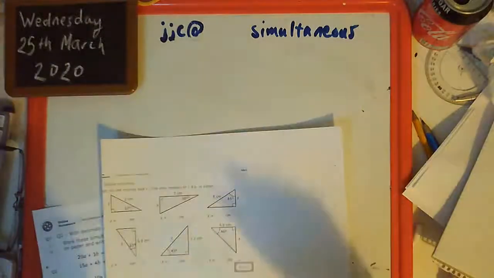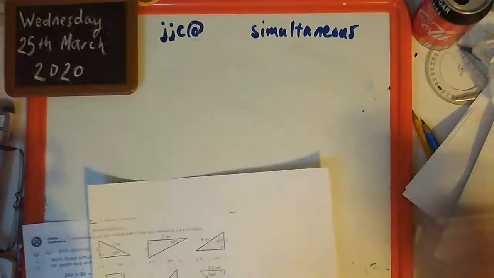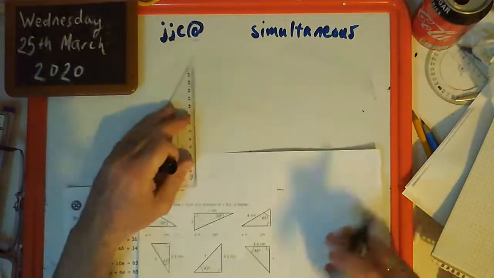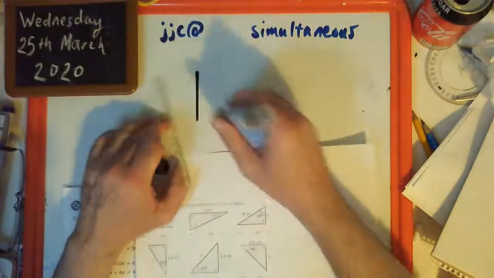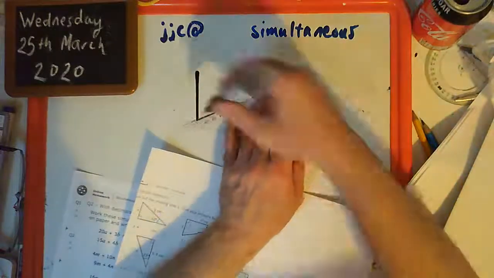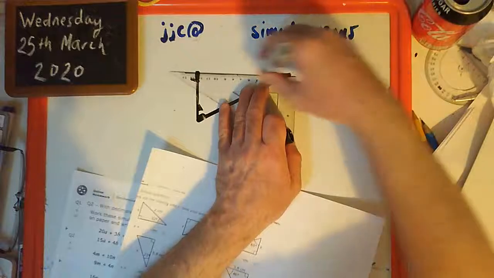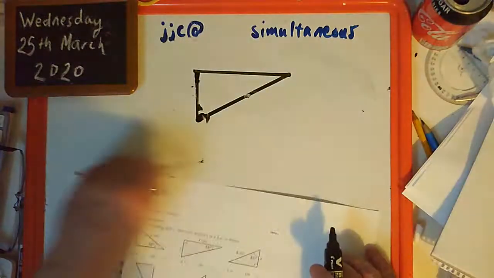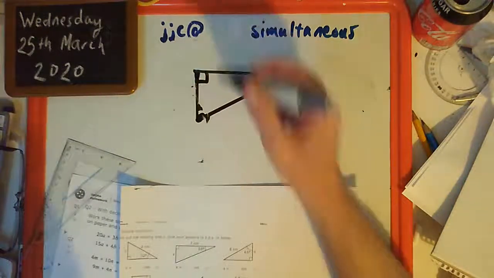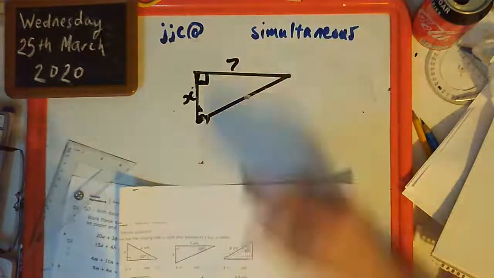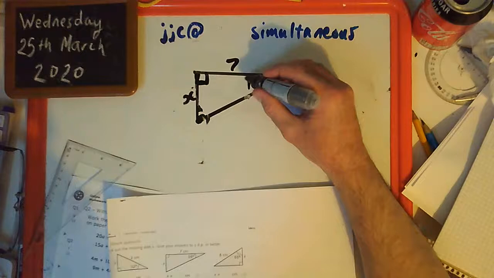So I'm just sticking to the missing sides problems today. The next problem I've got on this iMaths worksheet is, so they've drawn it this way round this time, just to make it a little bit confusing for you, with the right angle up there and an X there and a 7 centimeters there and then a 16